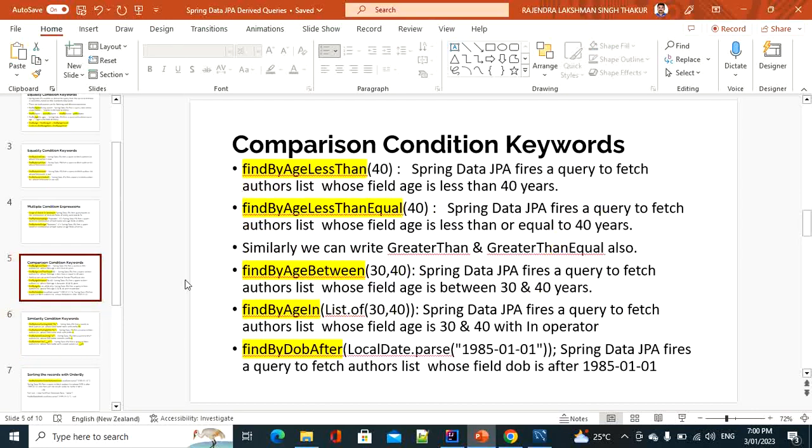Now let's discuss the comparison condition keywords. This is one more category in the case of derived queries. For example, we have a requirement like this: I want to fetch all authors whose age is less than 40 years, or less than or equal to 40 years. And similarly, the reverse also, whose age is greater than 40 years, or greater than or equal to 40 years. And whose age is between 30 and 40 years, and whose age is in,